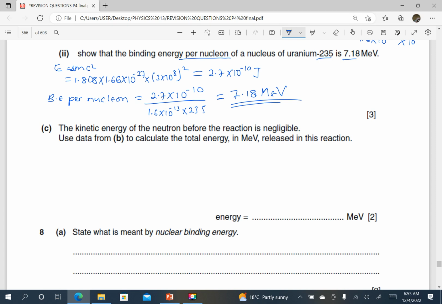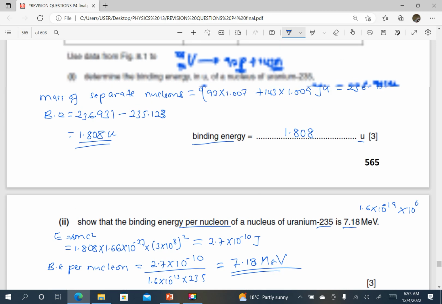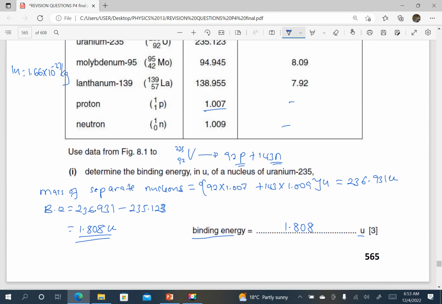Use data from the figure to calculate the total energy in mega electron volts released in this reaction. So we can try to find out the energy which is not used in the reaction that has been given out. So going back to the table, we have that